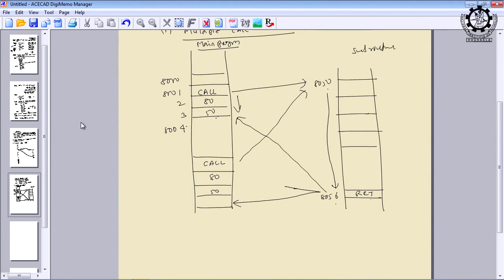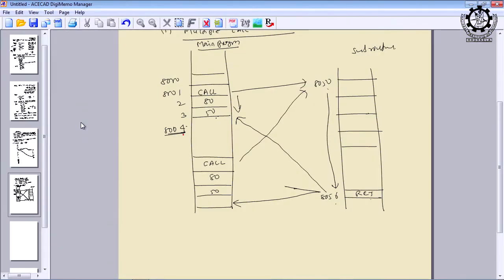Right. So, internally what happens, this 8004 will be automatically saved in the stack, and the moment you return, the program counter will again be loaded with 8004. Remember, unless you store the memory location address in PC, the program execution cannot take place.